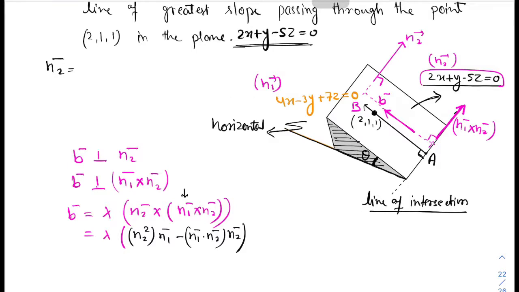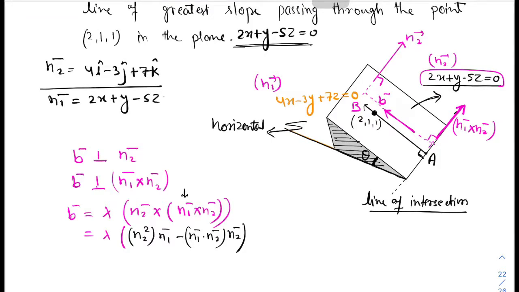Okay, so this is 4i cap minus 3j cap plus 7k cap, and n1 is the normal vector of the first, that is the above plane, that is 2x plus y minus 5z equal to 0. So the vector will be 2i cap plus j cap minus 5k cap. Okay,